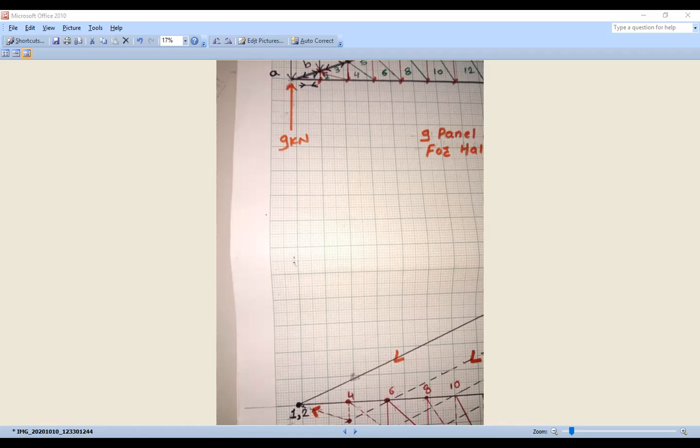So each and every member, see here, inclined members are also shown. Each and every member is calculated in this way in the diagram. The only thing we have to do is find the member in the vector diagram. The starting point and end point, we have to draw a direction, the direction which is close to the next point, and the same direction we have to apply in the truss at the point where we are analyzing. Whatever the point we are analyzing, close to that point we have to show the arrow.